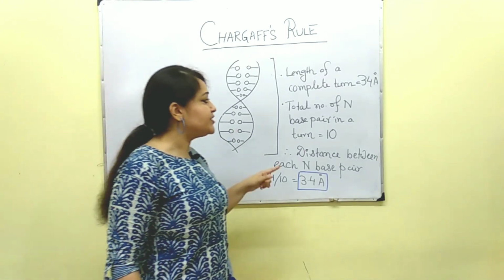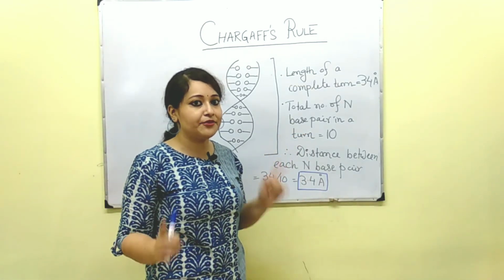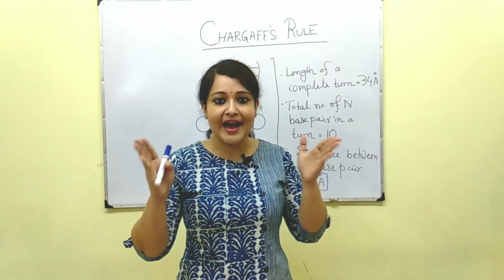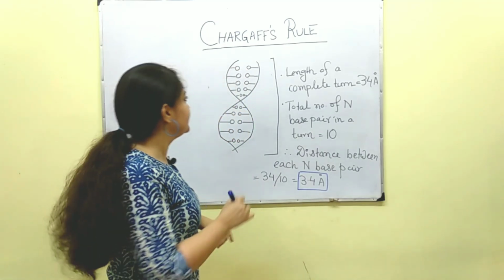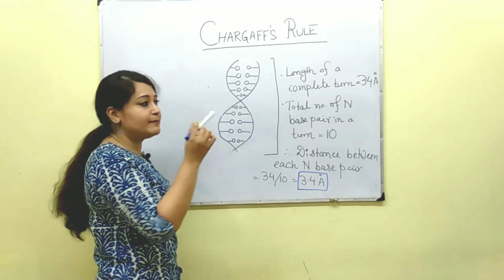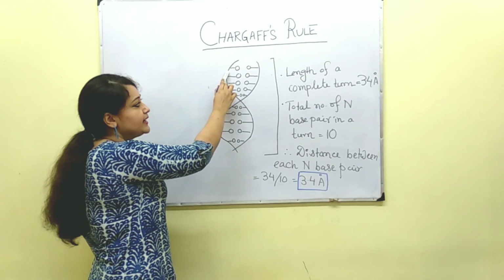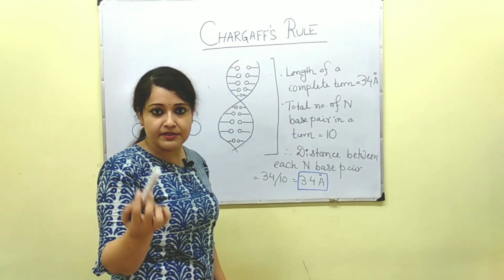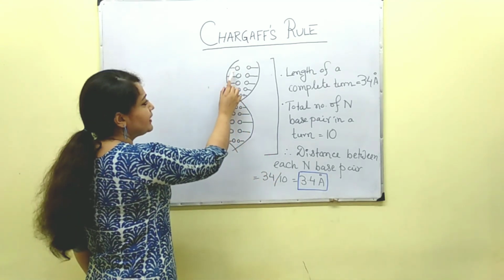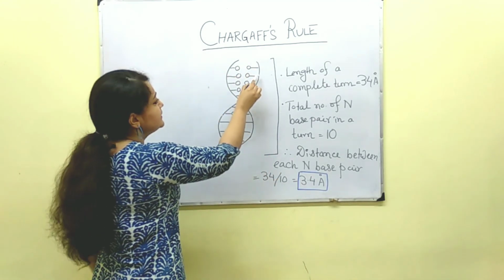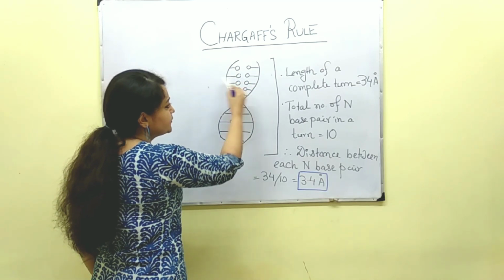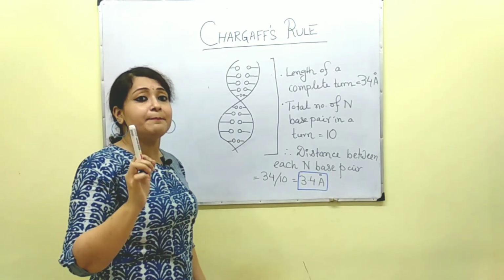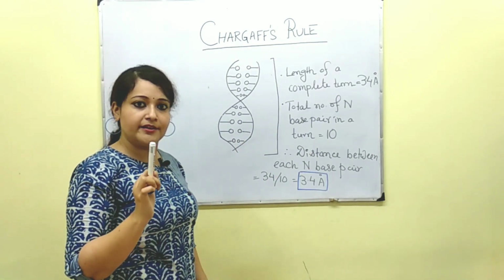Now see, I have mentioned here base pair. I have not written bases, right? There is a subtle difference between base pairs and bases. What is the difference? This is one pair. Pair means one base in this strand and the other base in the opposite strand. The other base means, yes, the complementary base, right? So likewise, this is one pair, this is the second pair, this is pair 3, this is the fourth pair, this is the fifth pair. So likewise, 10 base pairs in a turn, right?